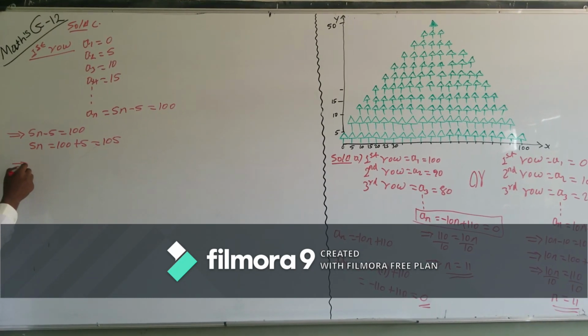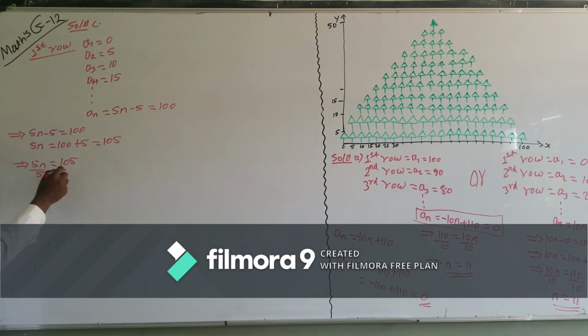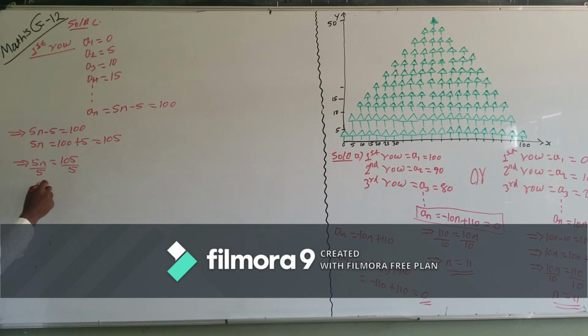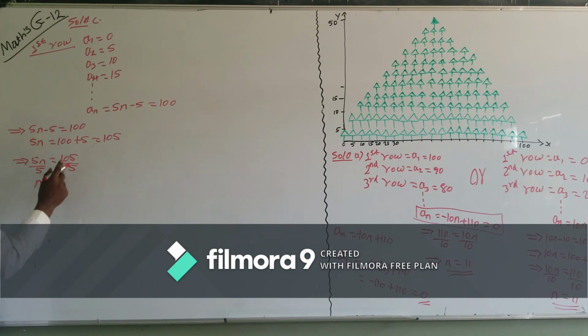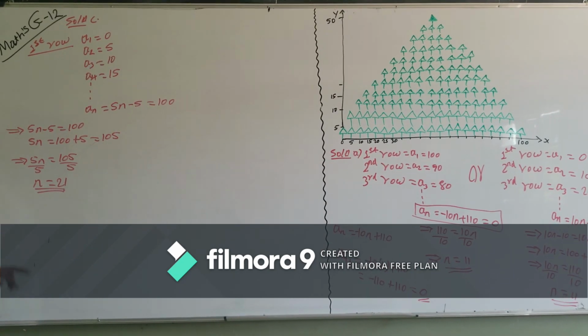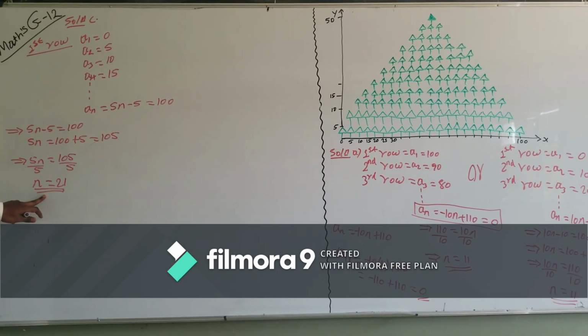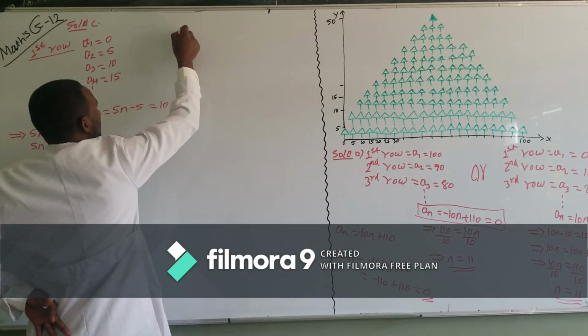Then 5n is equal to 105. Dividing both sides by 5, n is equal to 21. የመጀመሪያው ሮ ላይ ያሉት የዛፎቹ ብዛት 21 ነው ማለት ነው።